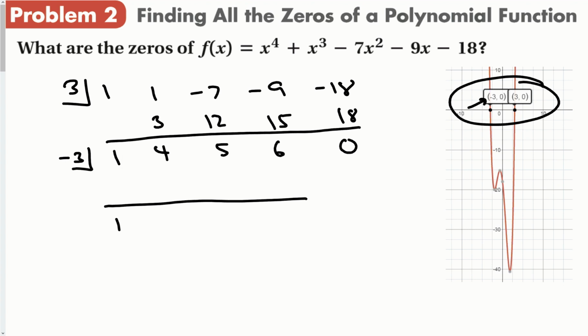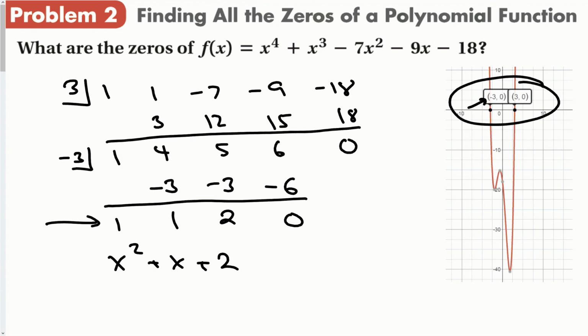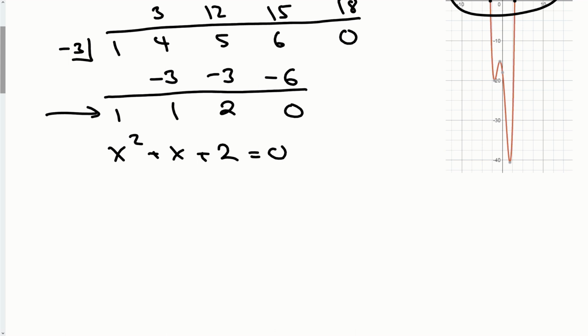We bring down this 1. Now we multiply it by negative 3. I get 1, negative 3, 2, negative 6, and 0. Now, my new resulting polynomial is x squared plus x plus 2. Okay? And I can set this equal to 0 to try to factor it. Unfortunately, even just looking at the graph, I see that it's not going to factor because the graph does not cross the x-axis anywhere. So that means my only choice to get the 2 remaining roots is to use a quadratic formula